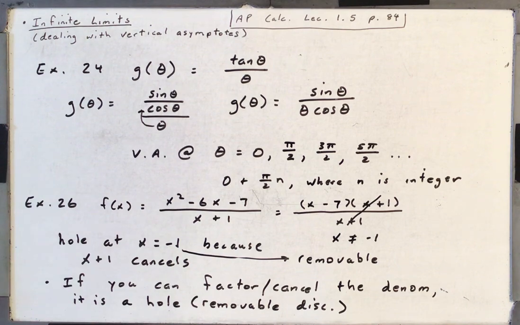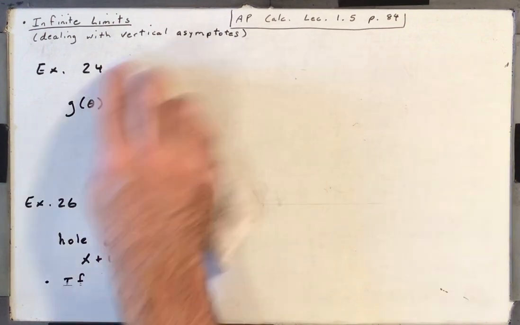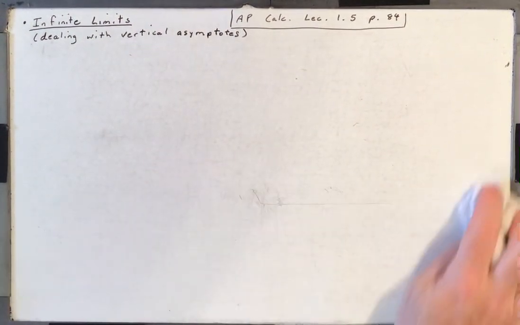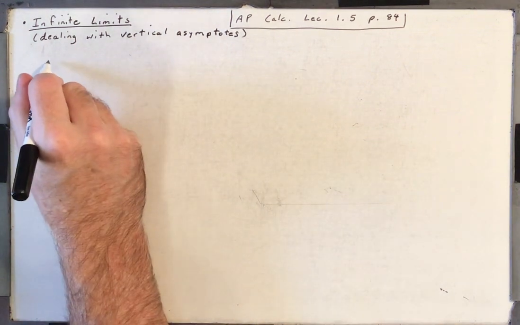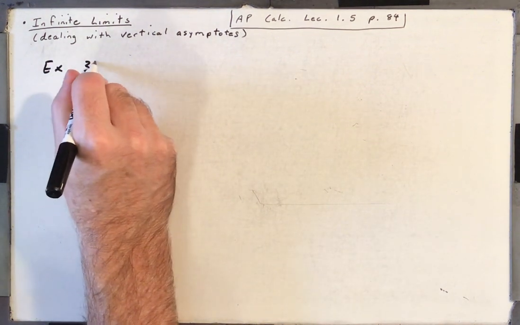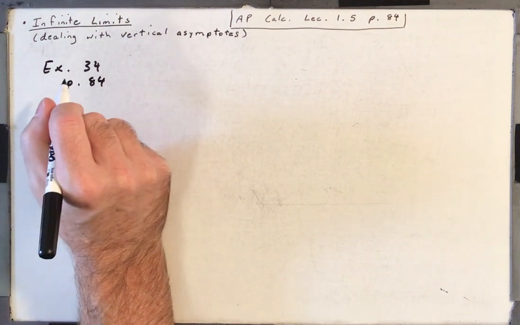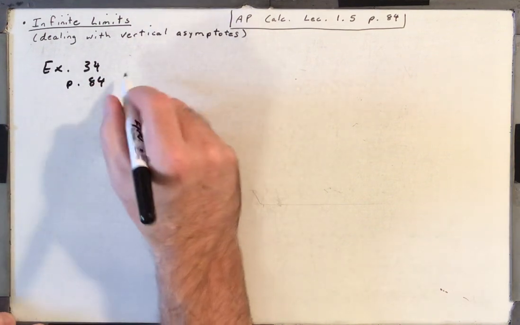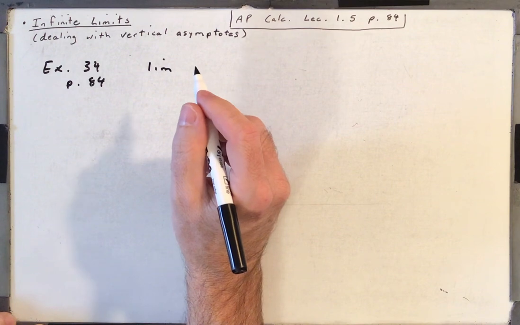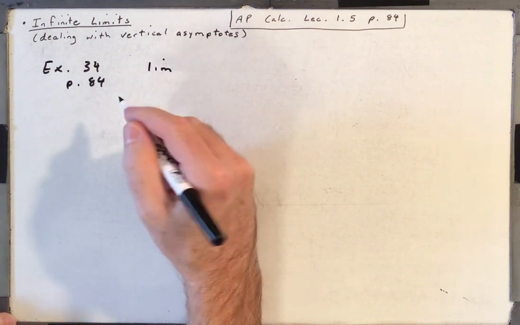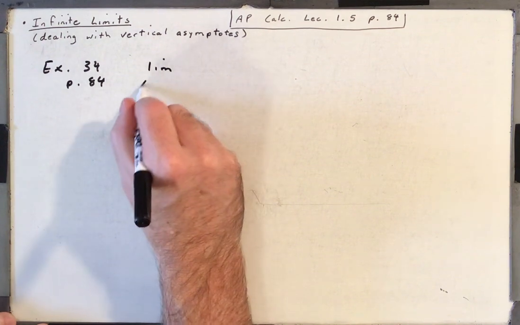Okay, let's do a couple of fancier ones, and then you'll be ready for the homework. So example 34. We're on page 84 still. We want to take the limit. This time it just says find the limit. So nothing about a vertical asymptote. Just find the limit as x approaches -1/2